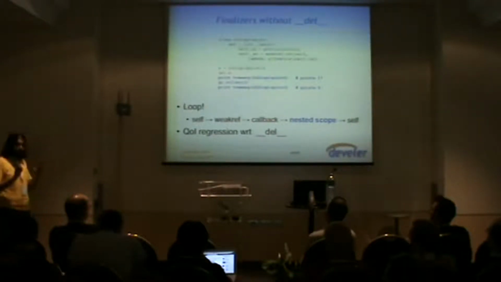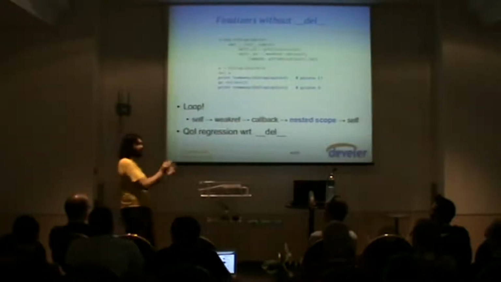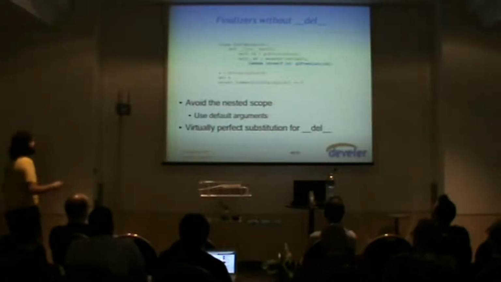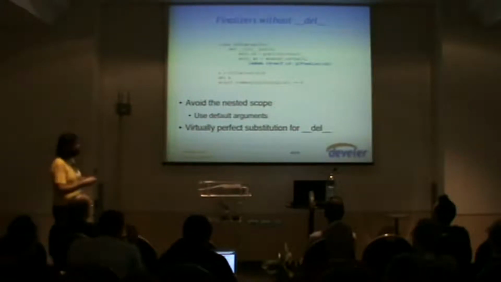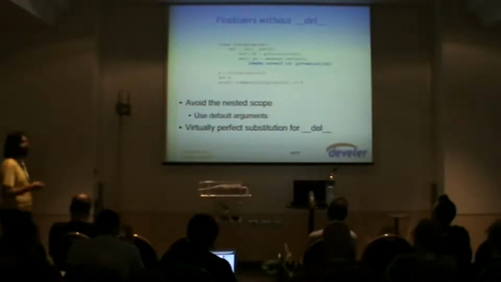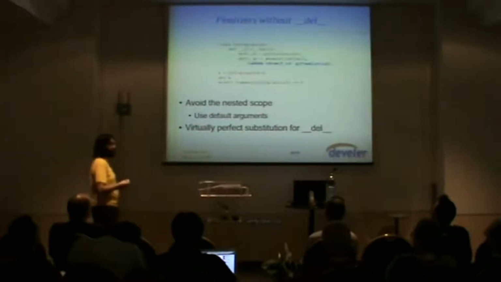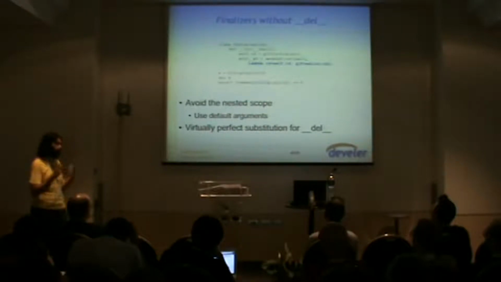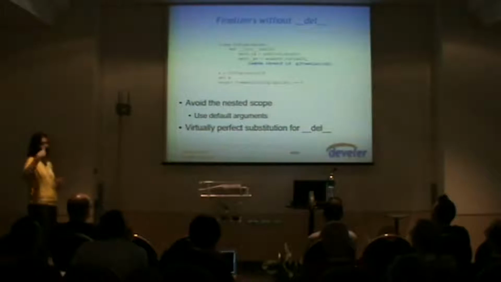So it works, but there is a quality of implementation regression, because before it was being collected immediately, now we need to wait for the garbage collection. To fix this, there is a little trick, which is to use the default arguments. You probably are aware that in Python default arguments to a function are a little weird compared to other languages, because they are evaluated the moment the function is compiled, and not at any invocation of the function.